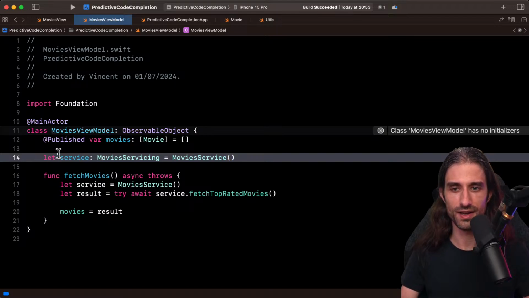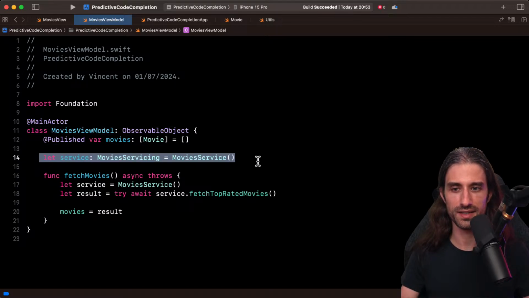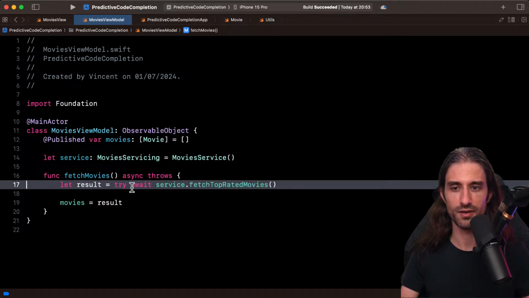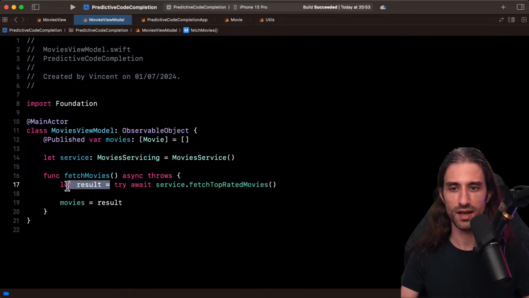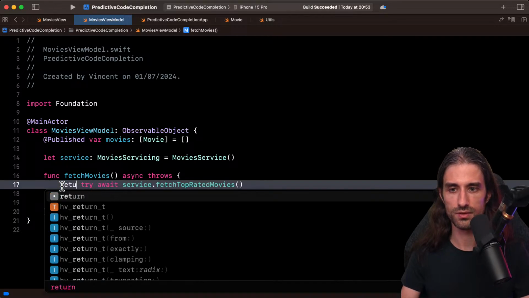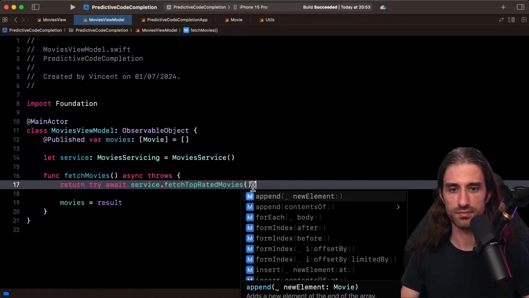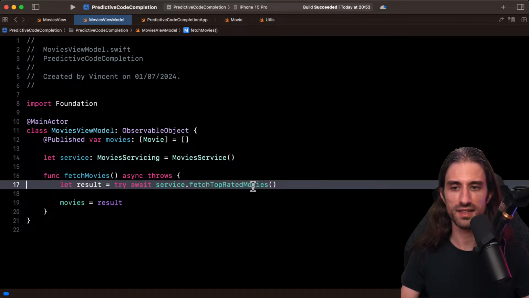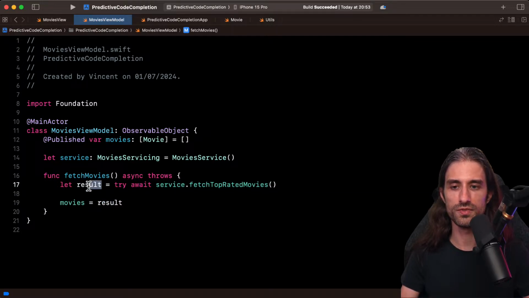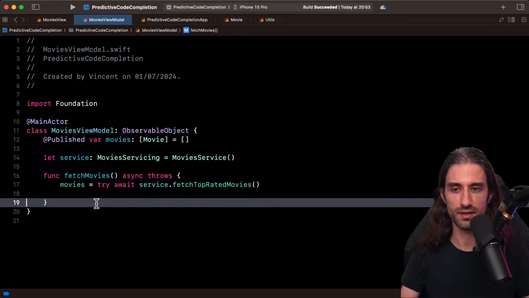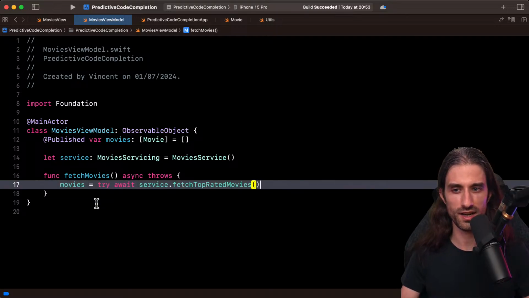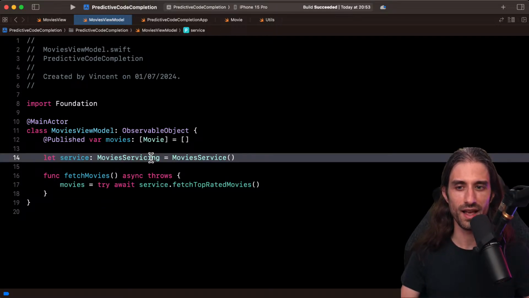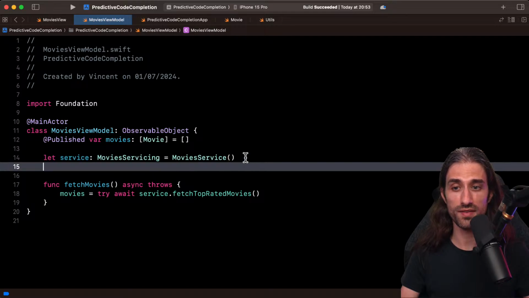Okay. So now there is this thing right here, so I can get rid of this line right here. Actually, I can just do return like that. Oh no, because I set the result. So I can do movies, yeah, like that. Okay. I knew there was a one-liner here, I just didn't know which one. And so now what I want is to have an init.